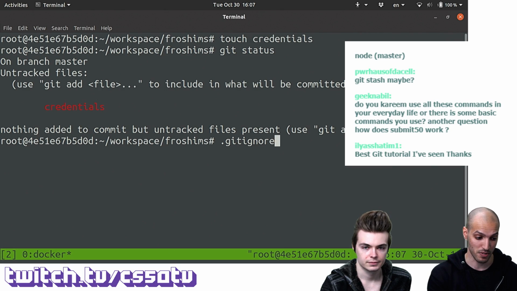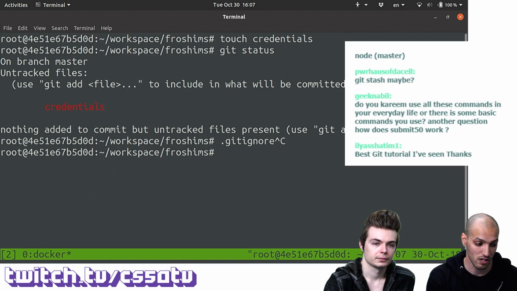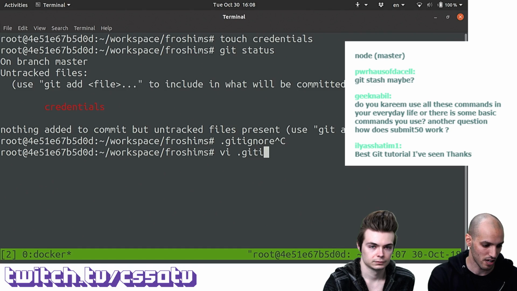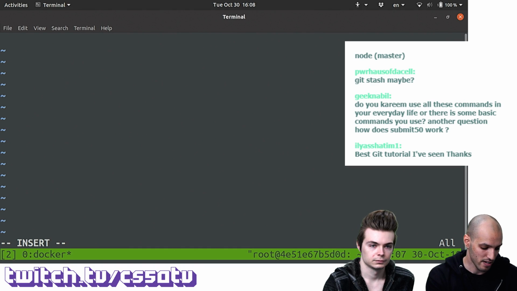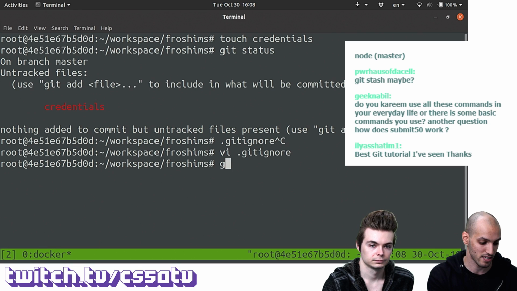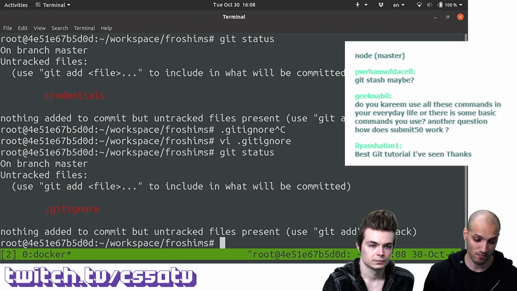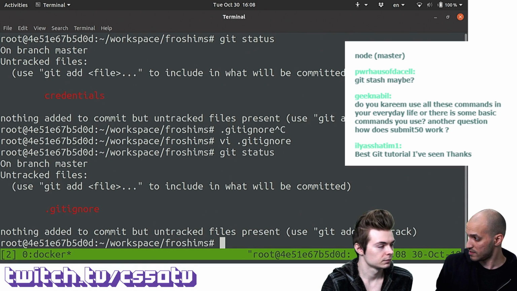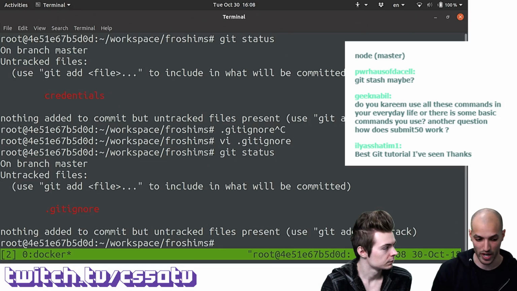So in this case, I specifically want to ignore the credentials file. So what I can do is open this in a text editor. I can do this in one step. Ignore, and then say, hey, credentials. I want to ignore that file. Save and exit. If I do git status again, I don't see credentials, but I see .gitignore, which is okay.